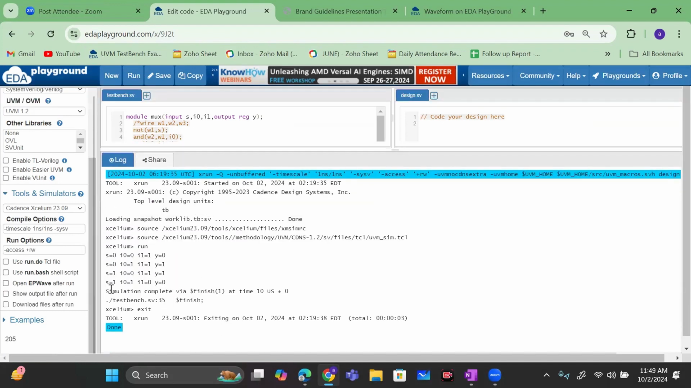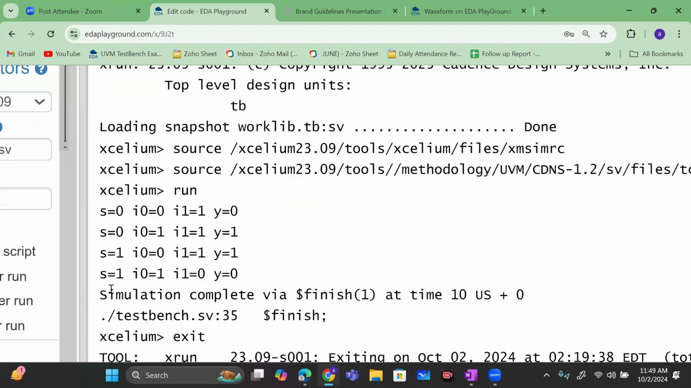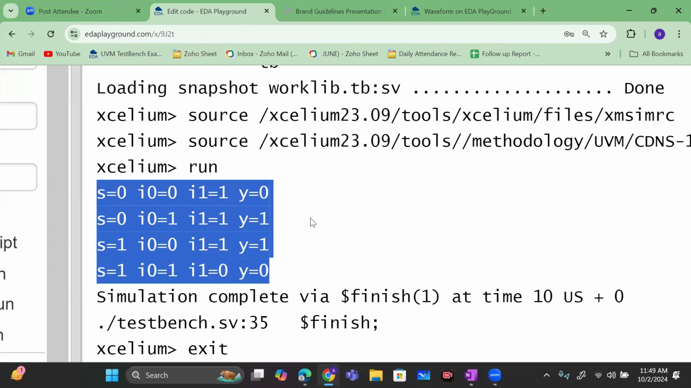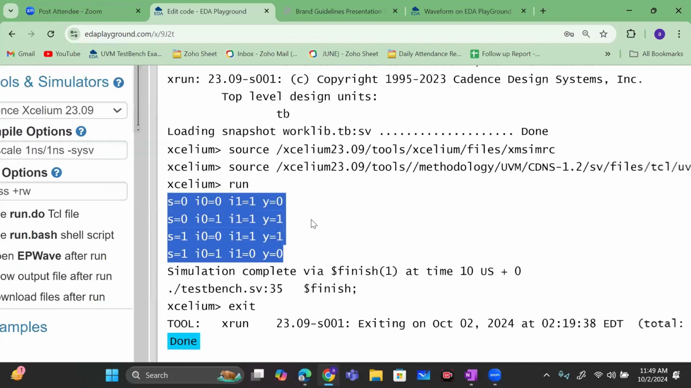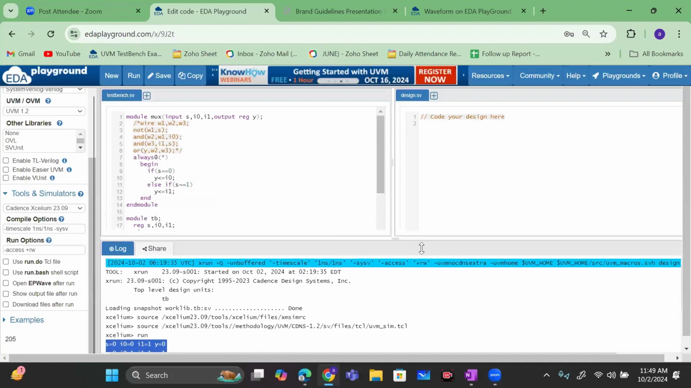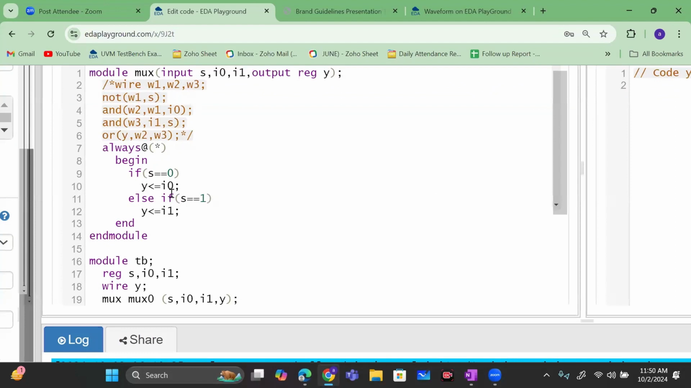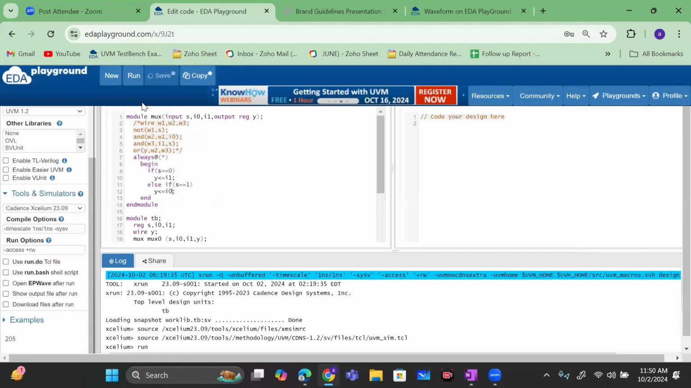So here, can you see now whether our design is correct or not? See, for S0 it should follow I0, that means 0 1. For 1 it is following I1, which is correct. Now if I make any mistake in this, let us suppose I am just swapping this I1 and I0. So now we will not get our